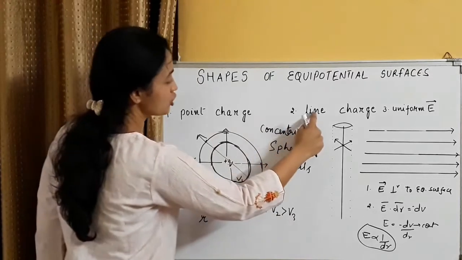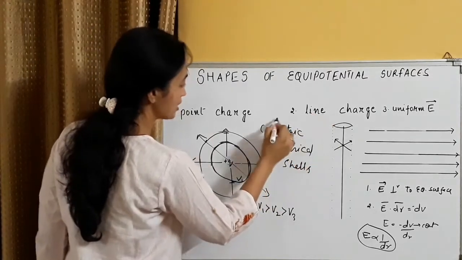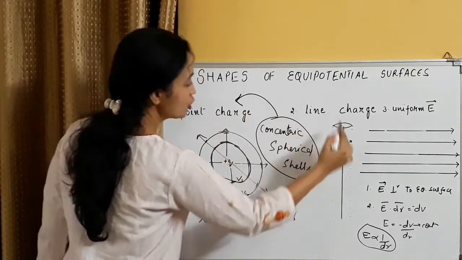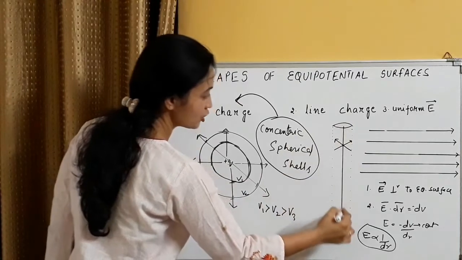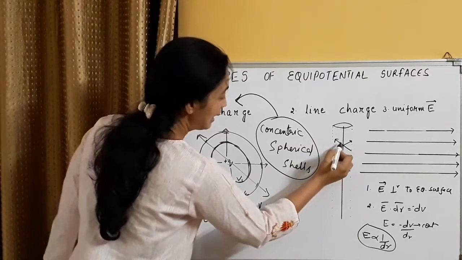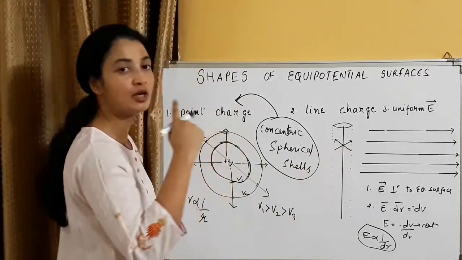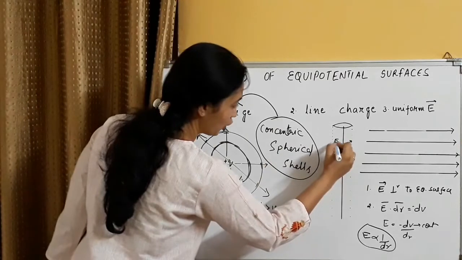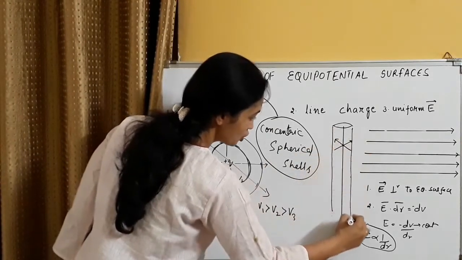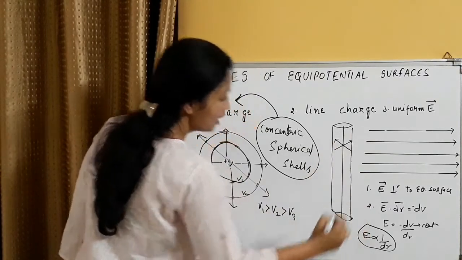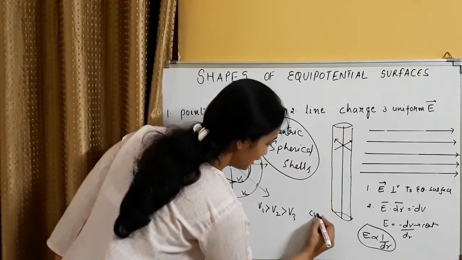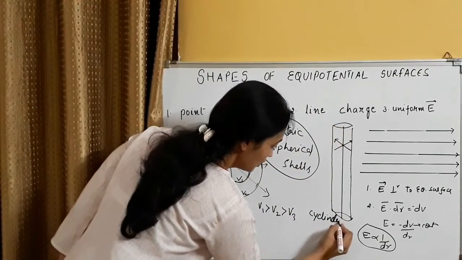Then we have the equipotential surface for line charge. This is concentric spherical shells for point charge. Line charge, we know this is a complete linear charge, and for convenience we are taking positive charge deposited on it uniformly. The electric field lines are radially in all directions, and we take the perpendiculars, join the dots, and we will get a cylinder of this shape. That means line charge has an equipotential surface which is cylindrical in shape.